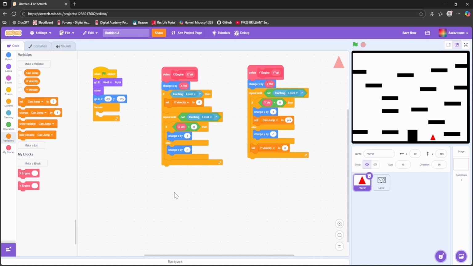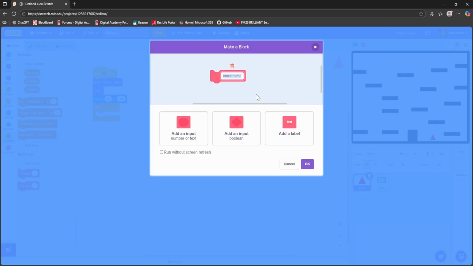Now, the actual engine is quite long. However, it's only long because we want it to handle all of the movement in one. So we've made these X engines and Y engines just to make it even shorter and as short as we possibly can. So to make the platformer engine, all we're going to do is make a block. I'm just going to call this platformer